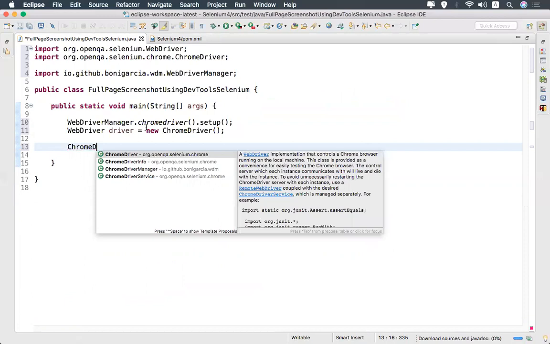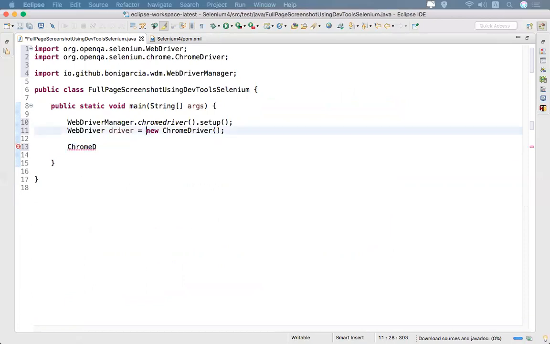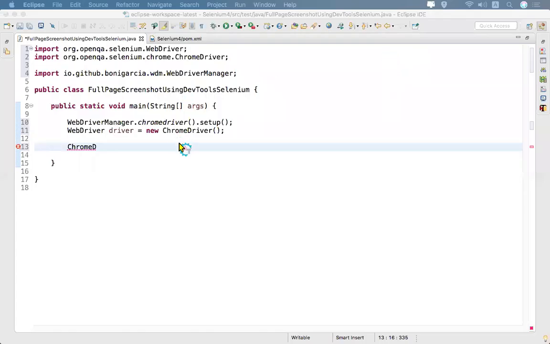So let me check. Previously it did not download all the dependencies.